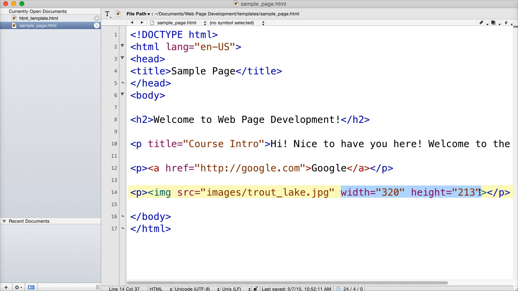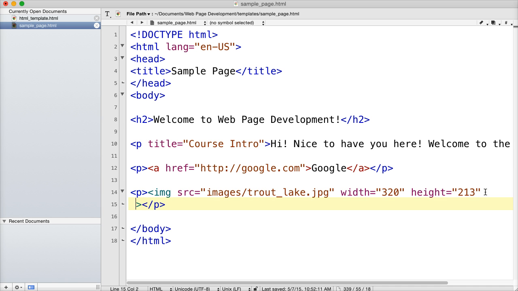Now, when we're putting in images, another thing that we need to do, and this is great for accessibility, or if an image is missing, let's say somebody's blind and can't see your web page, or if something is missing, another attribute that we would put in would be alt. And this is alternative text. Okay, so if the image won't load,